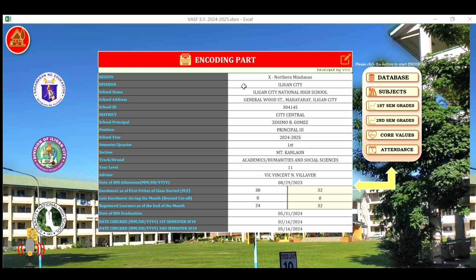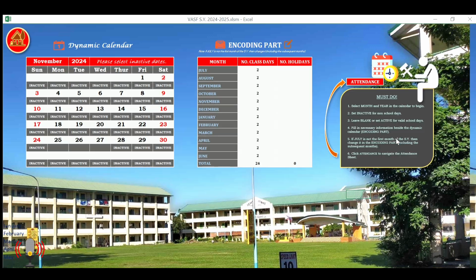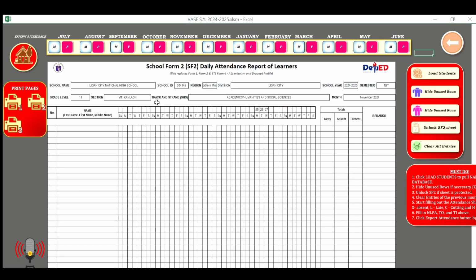For the SF2 monthly attendance report, you can use the automated school forms feature available in this VASP or your own. If using the built-in SF2 here, follow the must do instructions and export attendance data for male and female students each month.